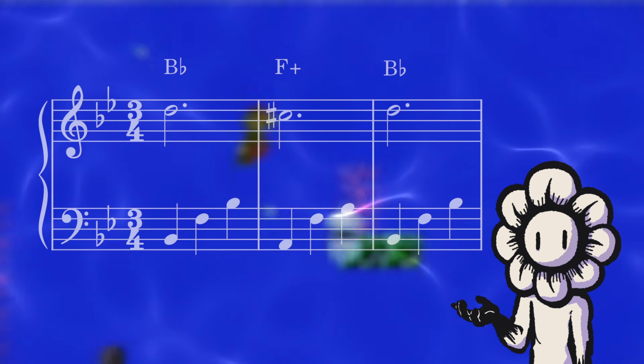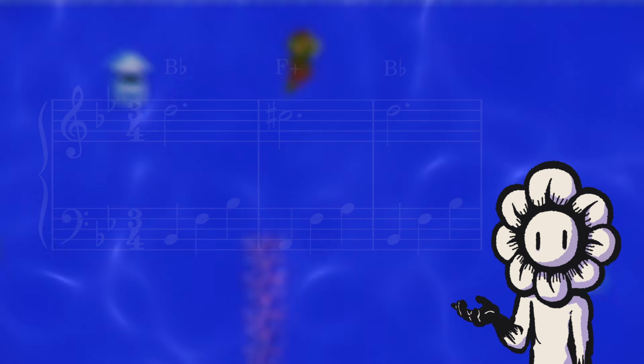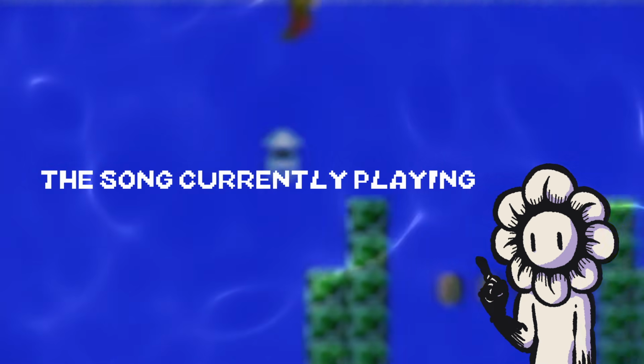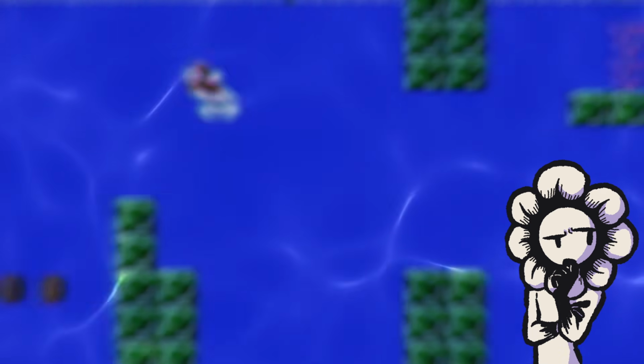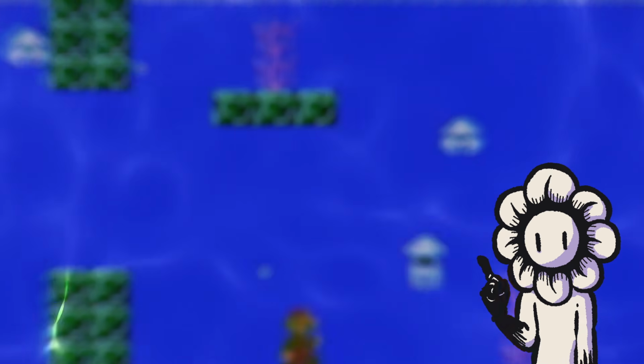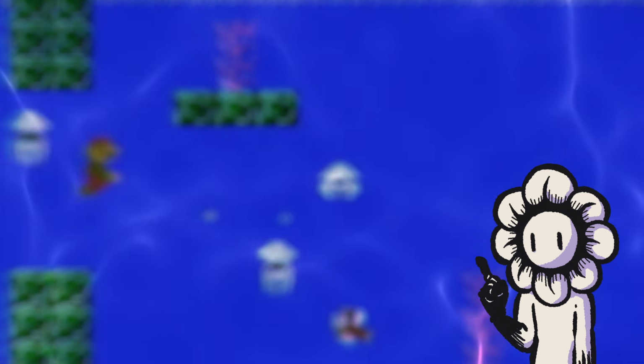I mean, just look at the most popular example of a water waltz theme, the underwater theme from Super Mario Bros. Or the underwater theme from Super Mario World. Or Deep Sea of Mare from Super Mario Sunshine. Oh, and even the underwater theme from...